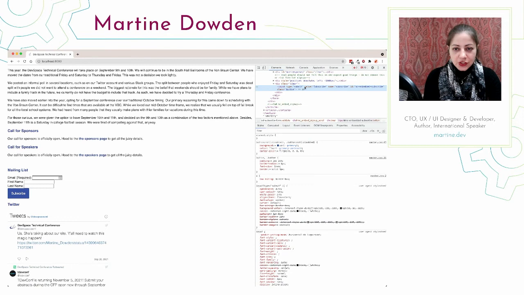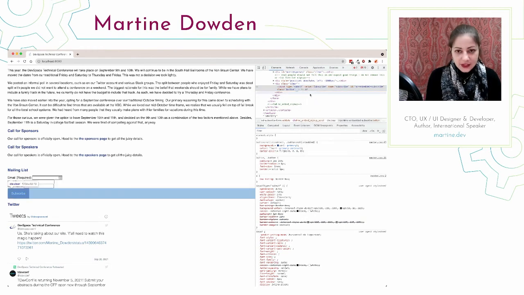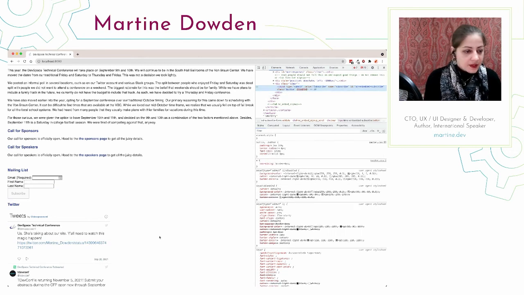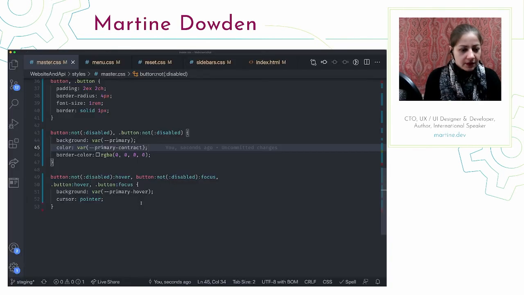And eventually for UX purposes, since you totally need an email and a first name and last name to register for the mailing list, we'll make that disabled if the form doesn't validate. So we're going to add an attribute of disabled and see what that looks like. So now we can see that, hey, look, we have a button. Our hover didn't go away, however. So let's figure out why our hover didn't go away.